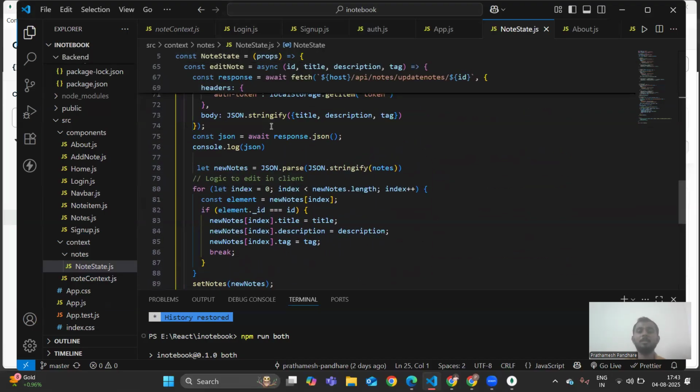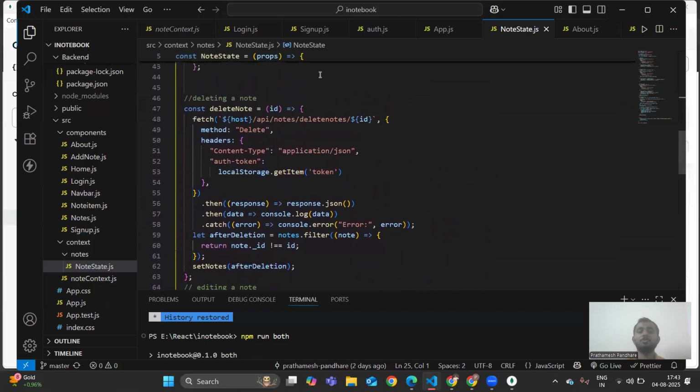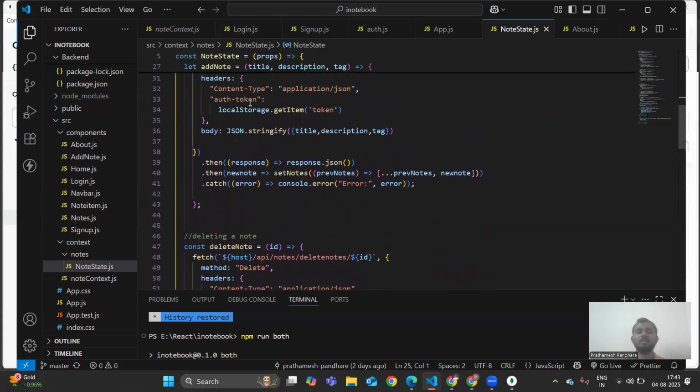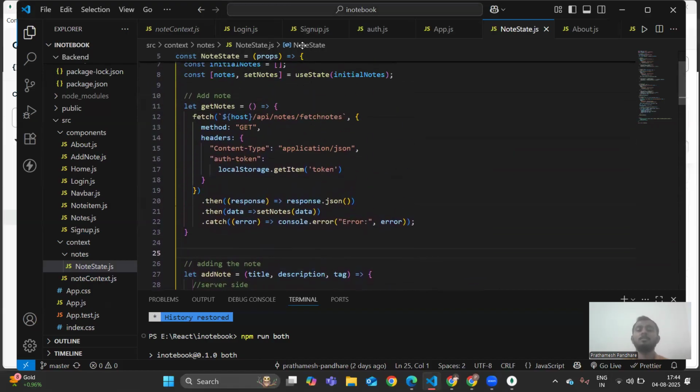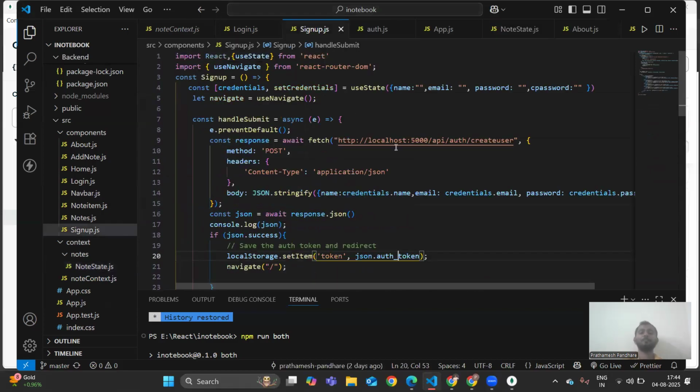So let me quickly drag you to the login. First, definitely login. So first I would explain sign up, then login, then how add node works, and then edit node works, and then I would move on to the backend. Okay, so that's clear. I would go to you put on this. So here,